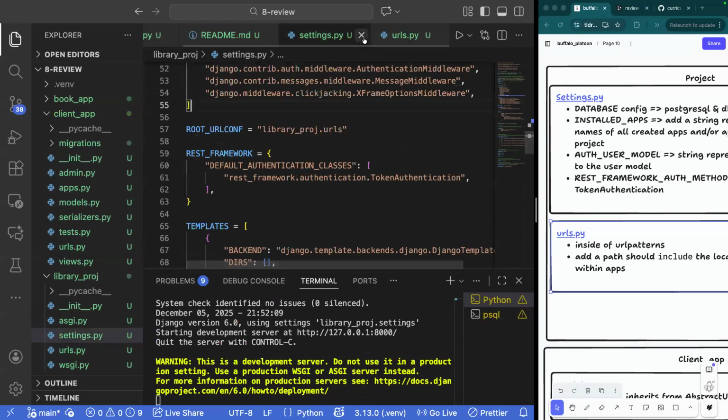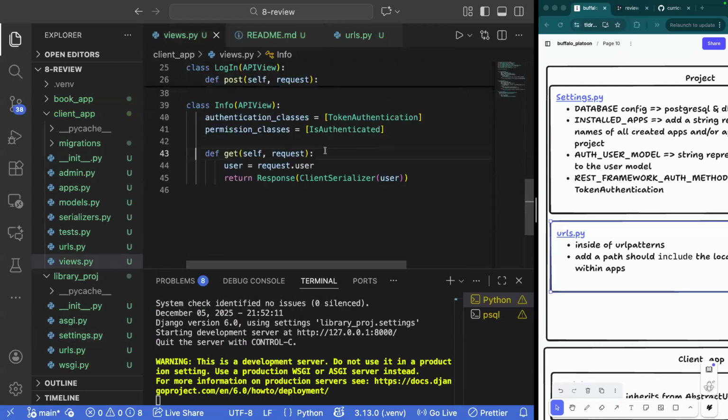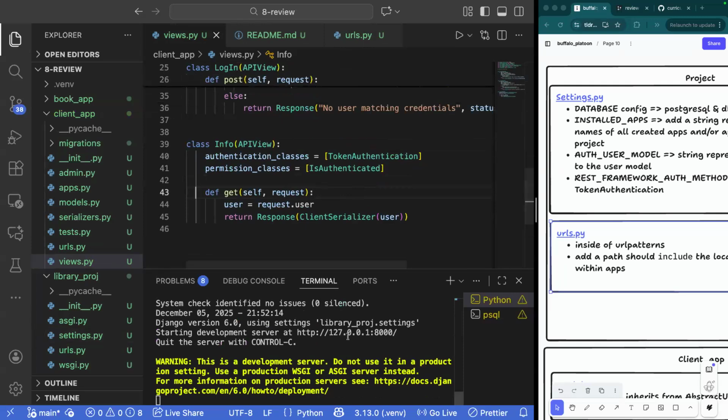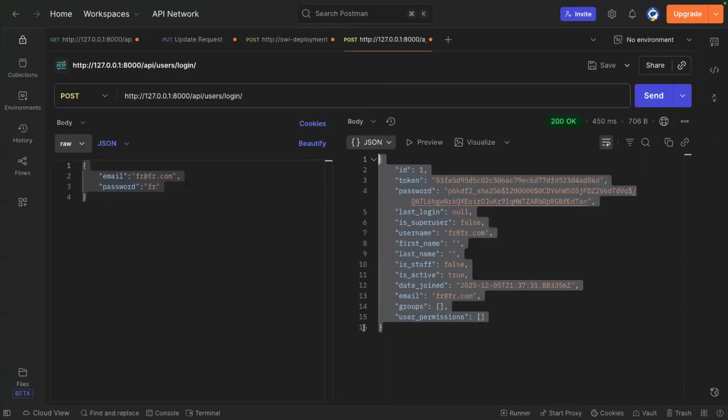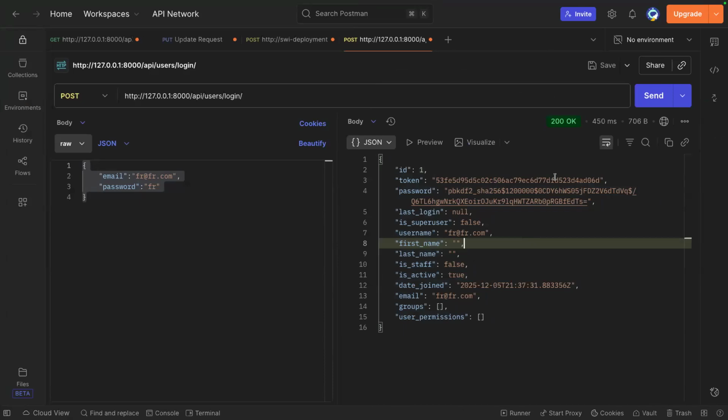Okay, everything there is working. Everything in settings is good to go. And my views are good to go. So now when we go into testing it, I'm going to grab my token,